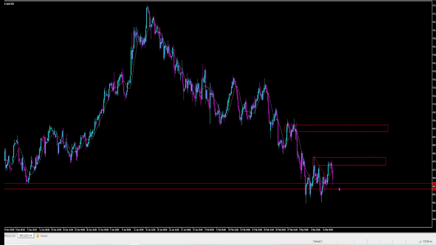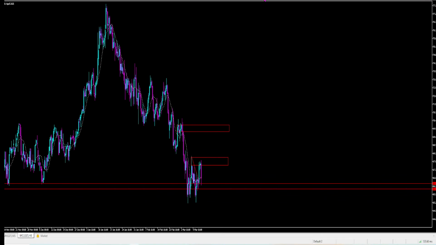Oil is continuing to pop. I've had these boxes drawn on here pretty much all week. I've talked about it in the last couple of videos. So again, we've got this longer range low down here, where the market has held this price area quite a bit, and it's made multiple attempts to break through there. We did actually close a couple of times